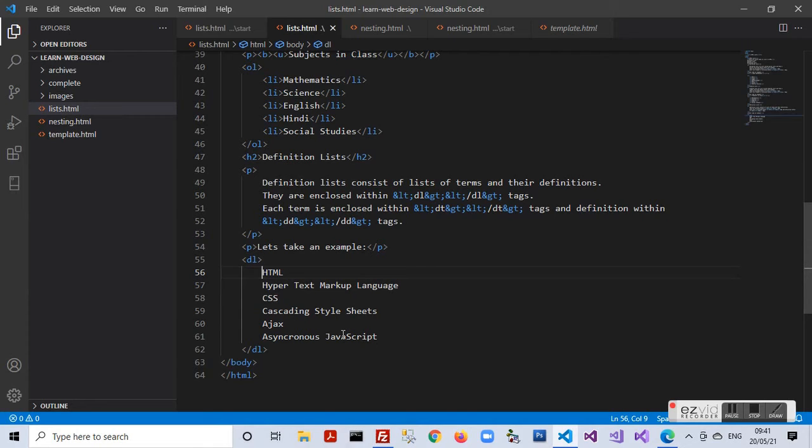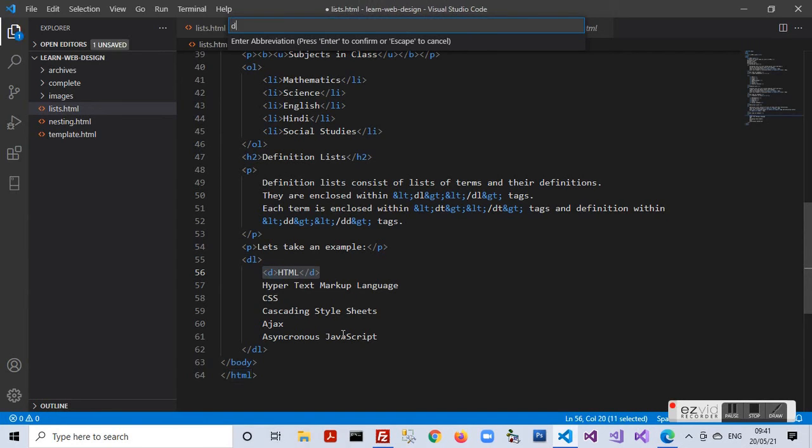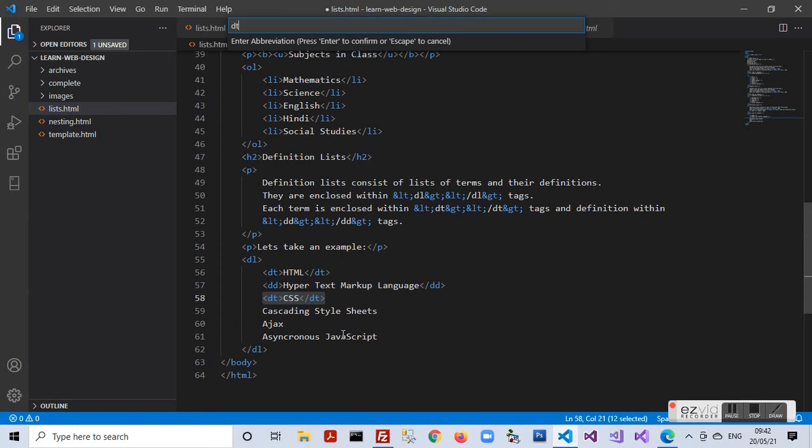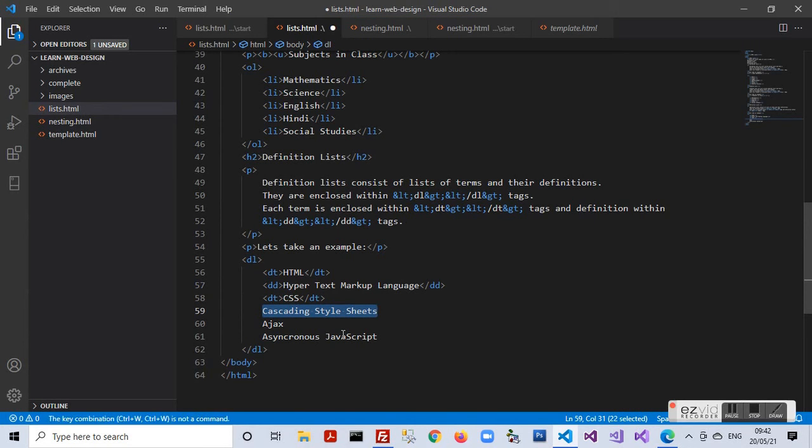So my first element is HTML. So it is a definition term which needs to be explained. So it needs to be enclosed within DT. Second is the definition of this particular term. So it needs to be enclosed within DD. Again CSS, DT, cascading style sheets under DD, definition.